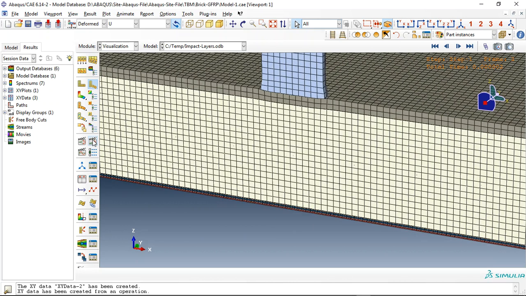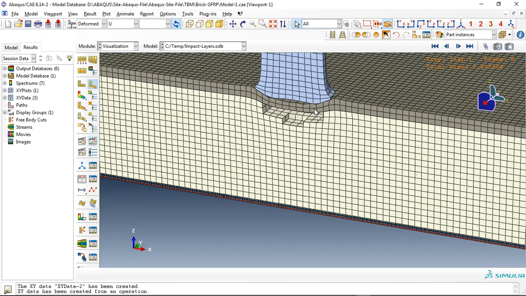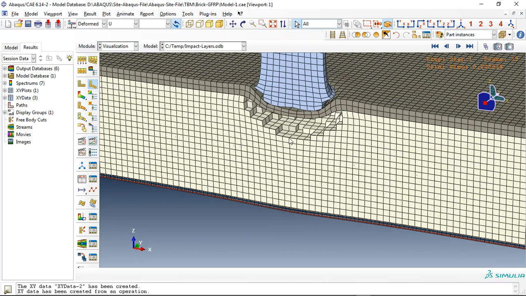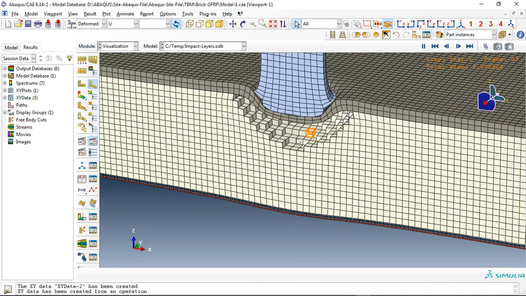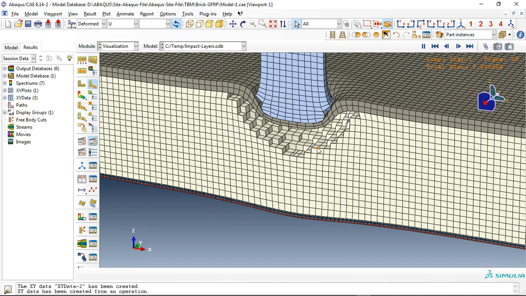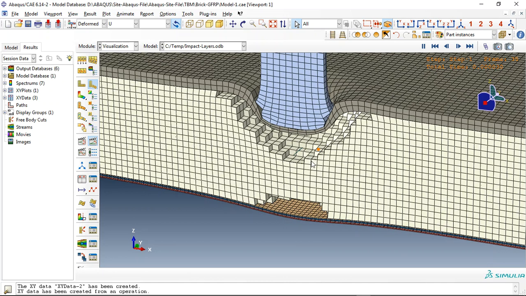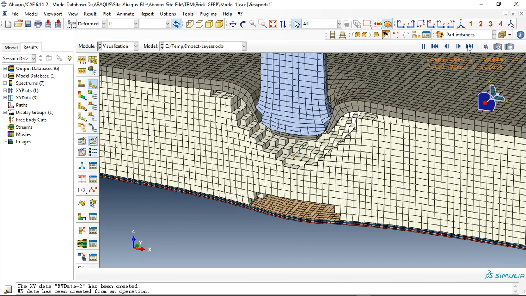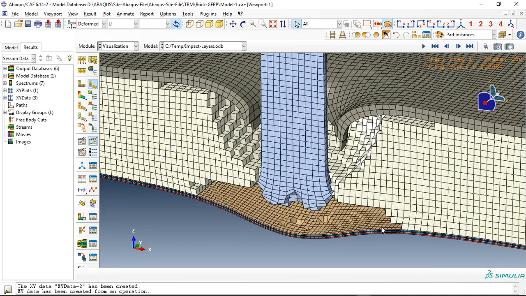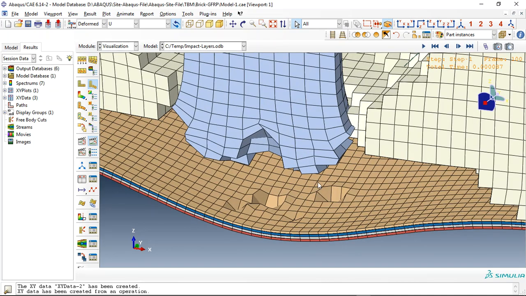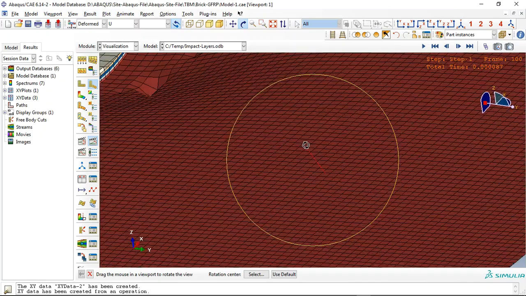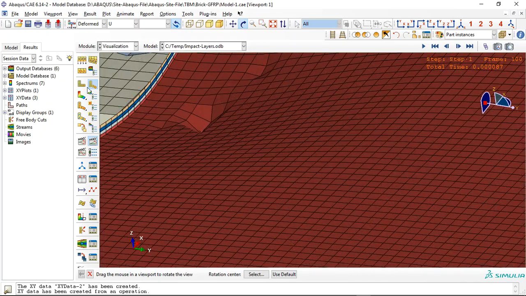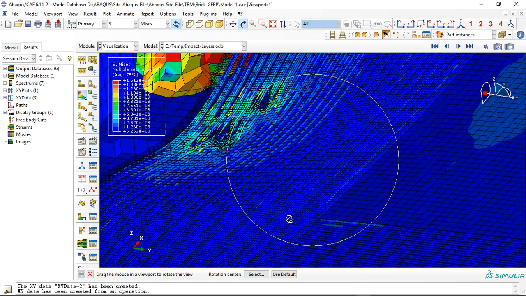I click on animate, you can see it is the steel. And the brittle material, the concrete, under impact, you can see damaged completely. You can see that, and after that, let me check the last increment, and you can see here, if I click on this, the failure of